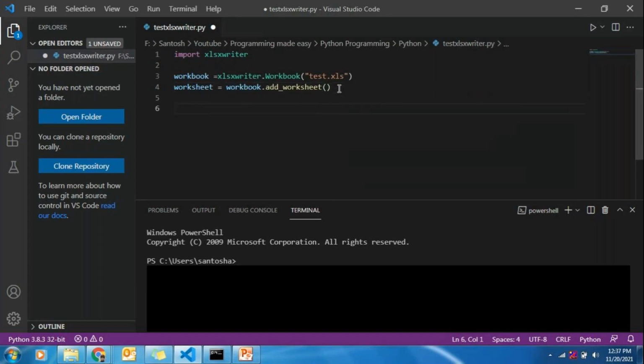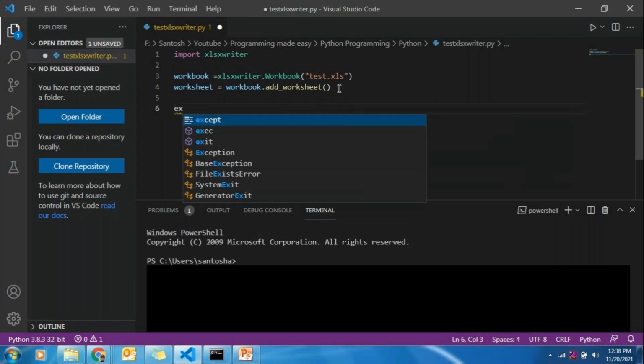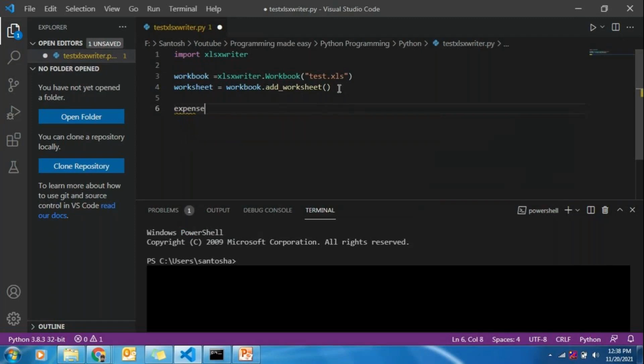Next, we will declare a simple tuple object to insert the data to this particular sheet. So I will have expenses is equal to, I'm going to have my rent.